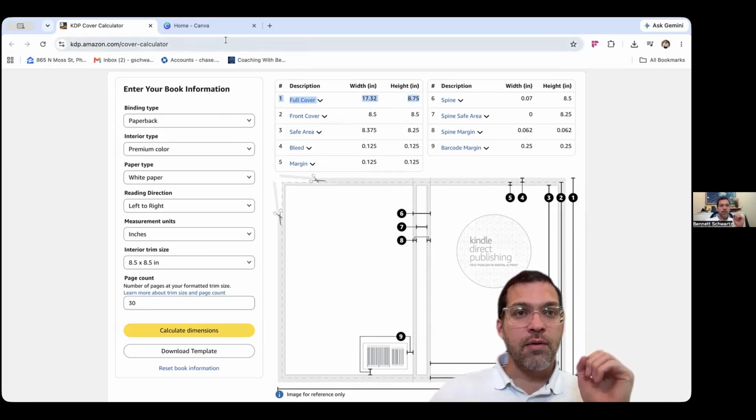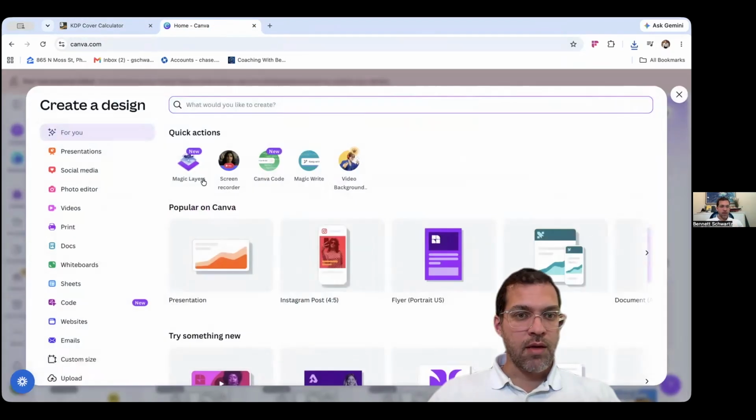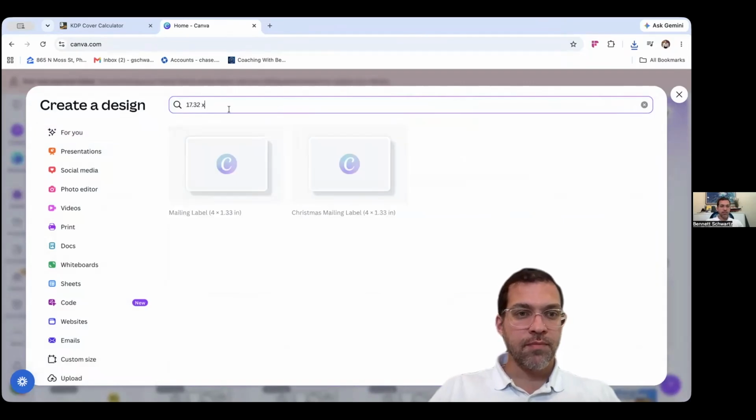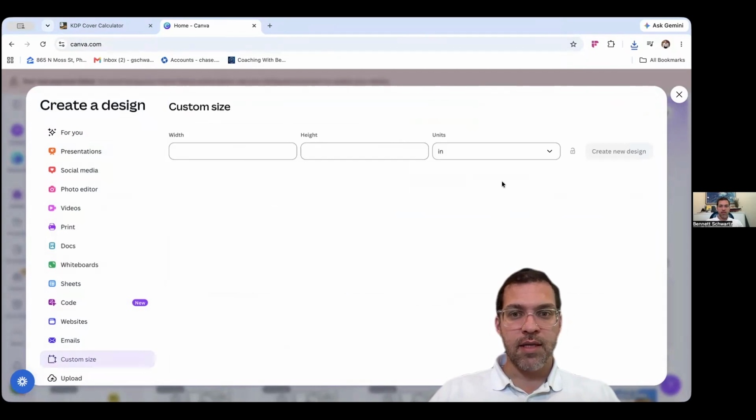Okay. So what we're going to do right now is we're going to go to Canva. In Canva, we go to the top left where it says create. And then all we start to do is we just start to type in our size. And what ends up happening is you have this button that says create a custom size, and that's what we want. We want to make sure it's in inches. We want to go to the width, 17.32 by